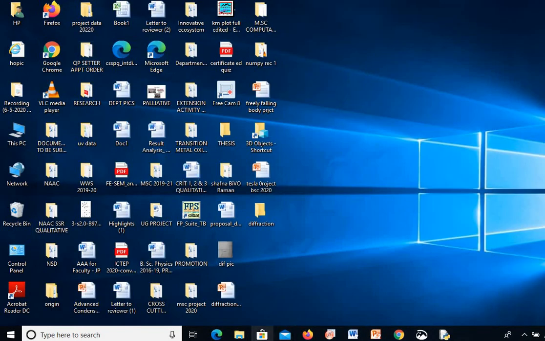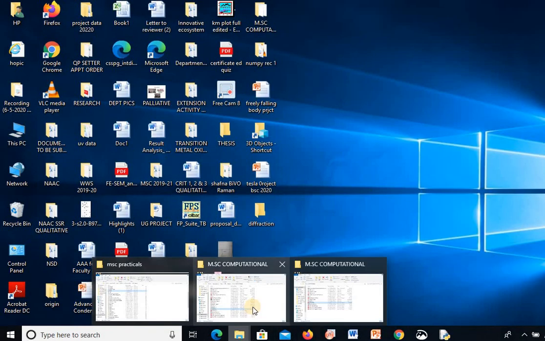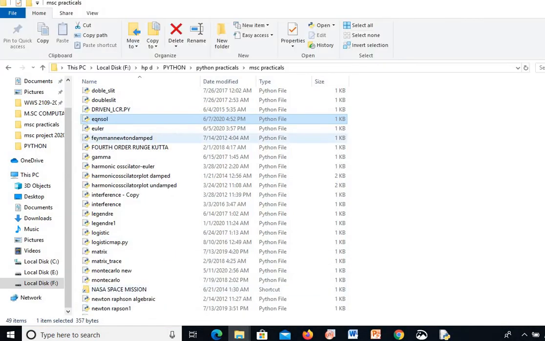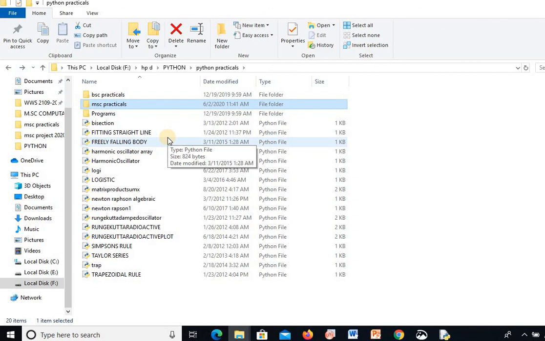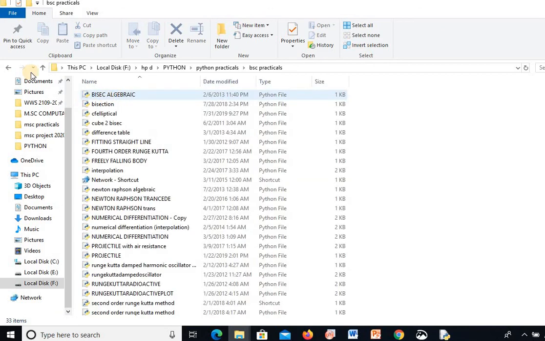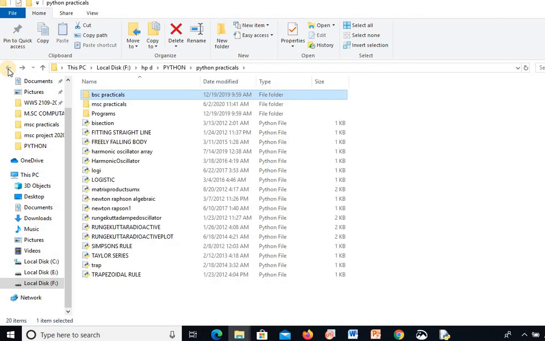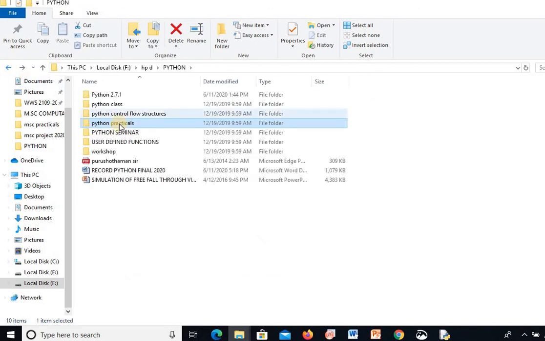For that, I'm going to the programs that I have done already. I'll check out the programs that I've done already on Matplotlib and on NumPy.